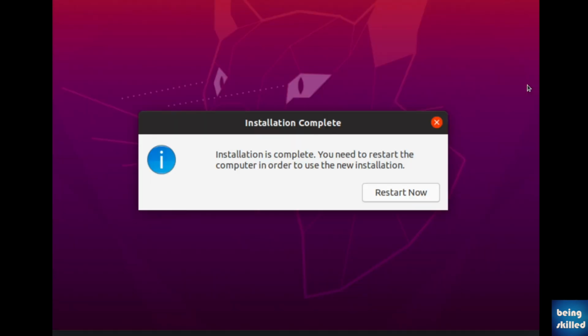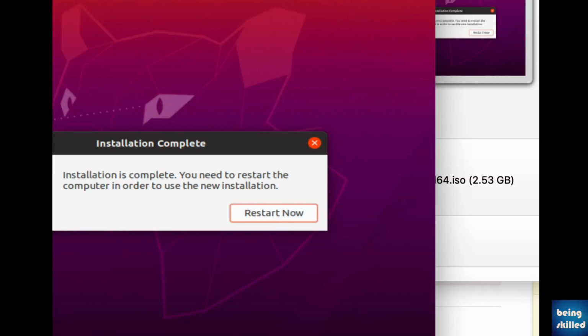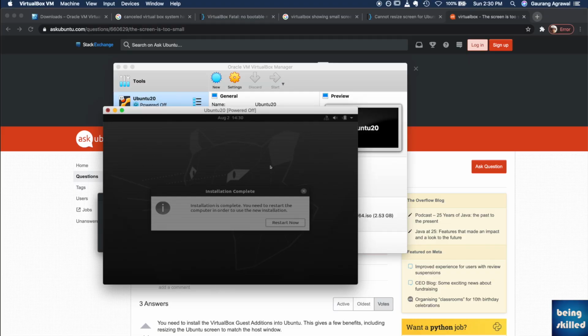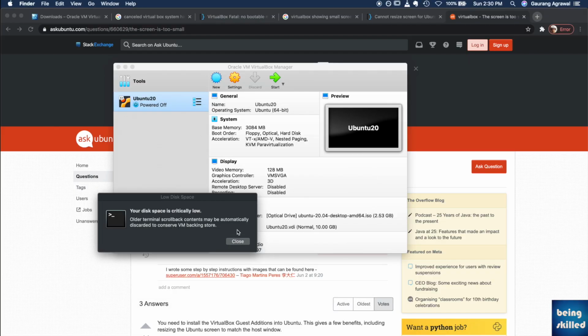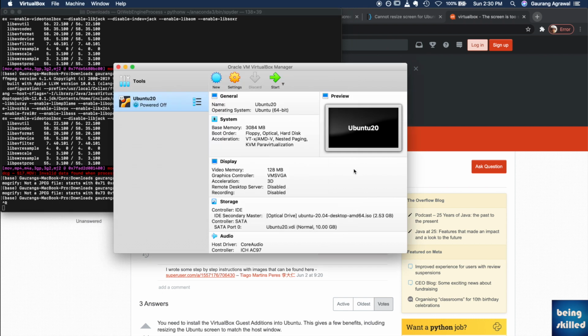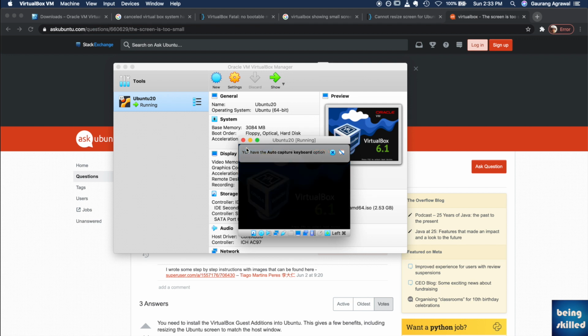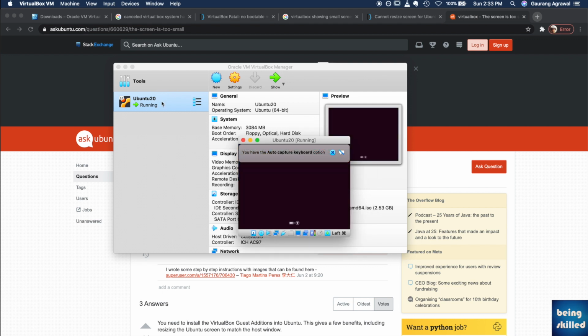And finally we are done with the installation process. It says that the installation is complete. You need to restart the machine in order to use the new installation. So restart now. Just close this and turn off the machine, and we will restart the machine the old school way. We can just double click on it, and this time it should load the operating system. So once you're done with the installation process, you just have to double click on the virtual machine and